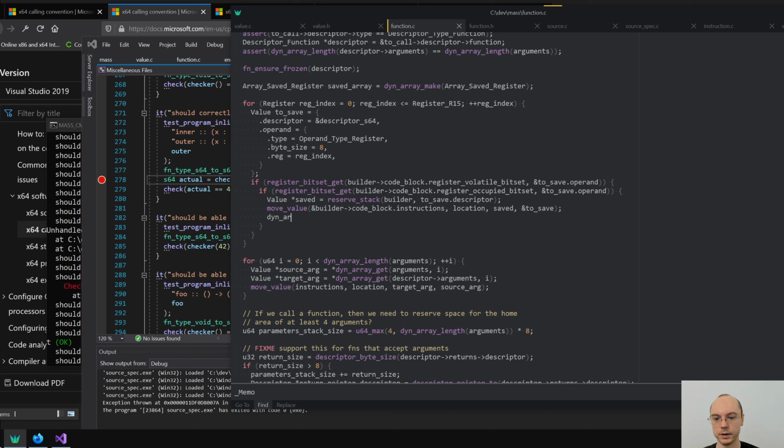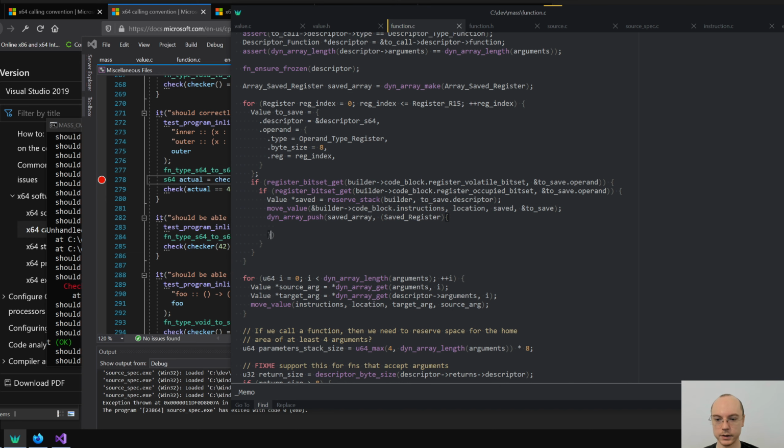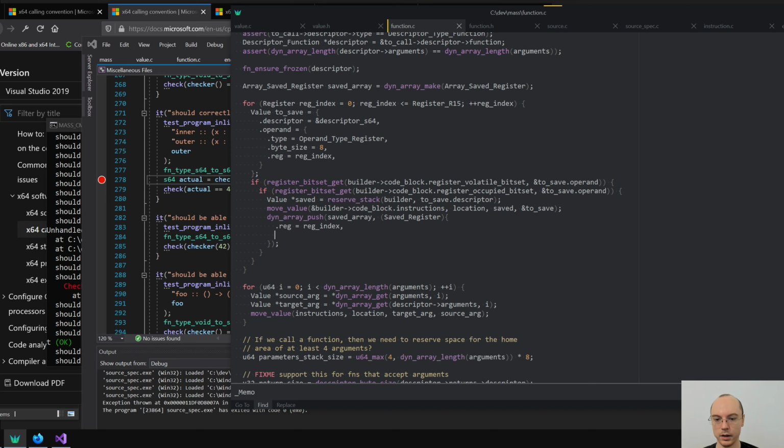So dynamic array push of saved array and then saved register it reg is reg index and